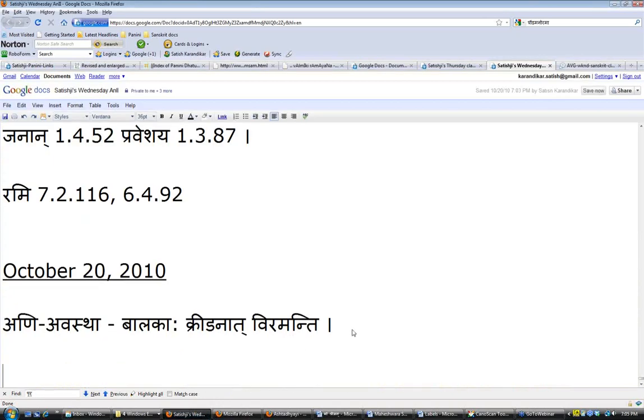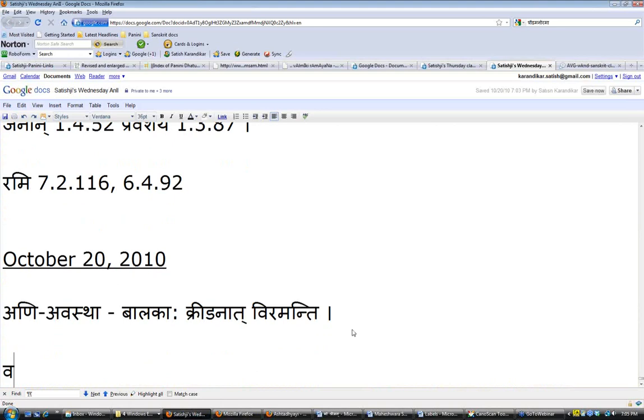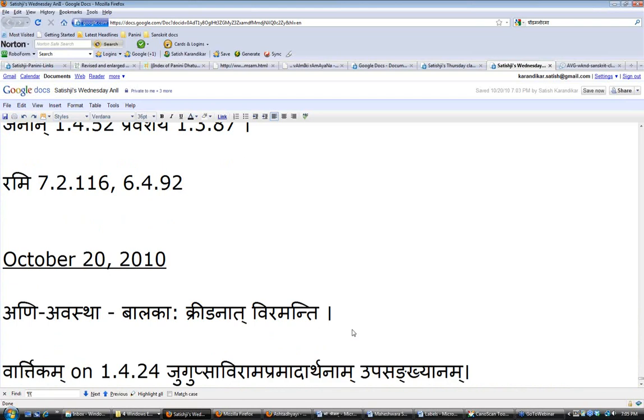We put the Vartikam on 1.4.24, and that is how we got the Apadana Sanya for the Kridana. And after that, Apadane Panchami.